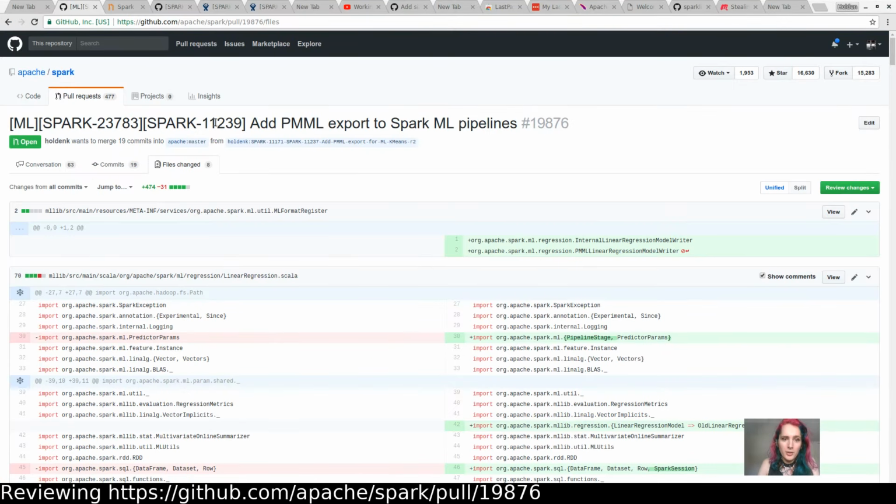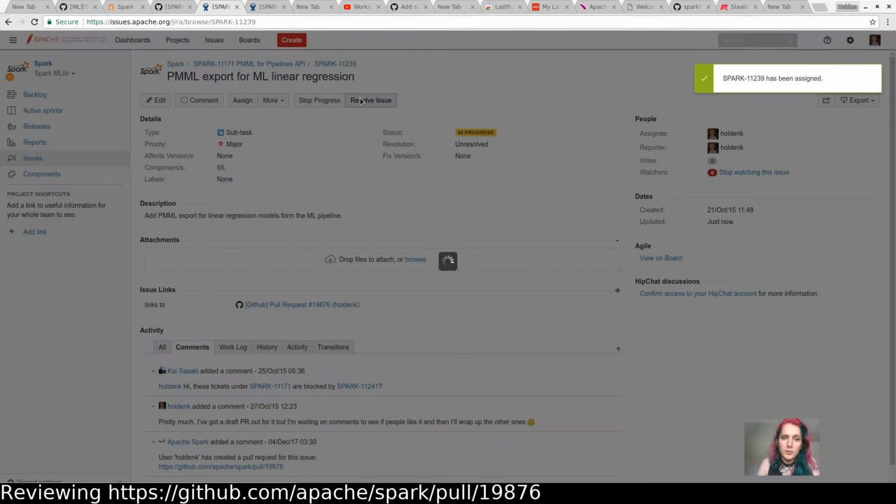Yep, this is the first one. We're just going to press this assign to me button. Cool. Resolve issue. And fixes version 2.4.0. And now that this is merged, if you wanted to go ahead, a great follow-up issue would be, and I mean the issue is already created, but if you're interested,